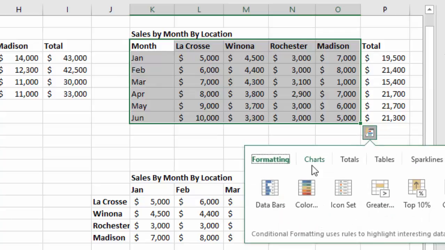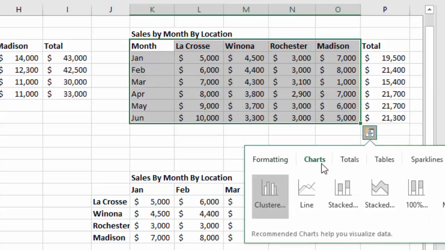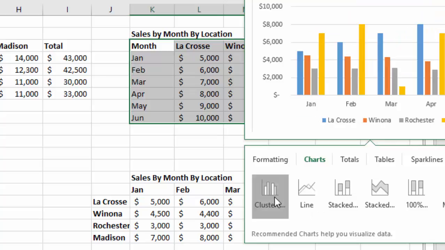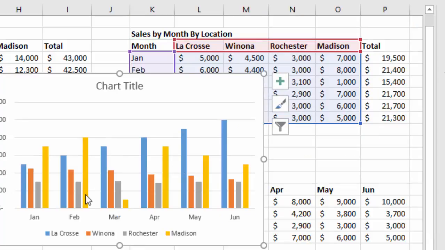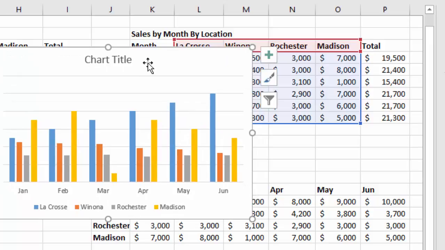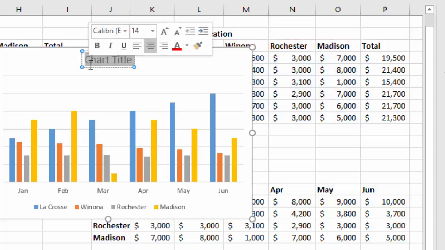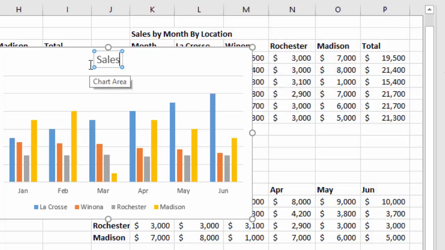I'll click on the quick analysis button, choose charts, and then I'll go back to that clustered chart right here, and now you can see that I don't have the total included in my chart anywhere. All right, I'm going to go ahead and move this chart to another worksheet, and you can do the same. After I'm going to rename it, I guess I'll change the title to sales by location,